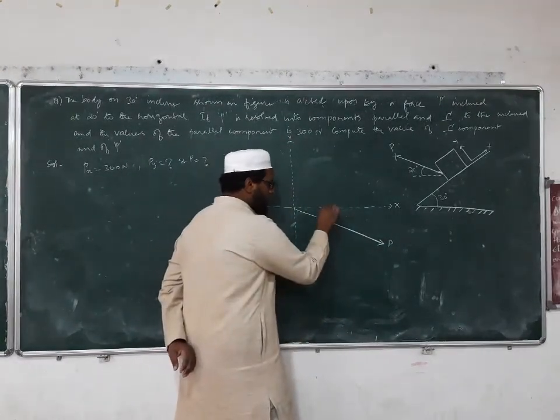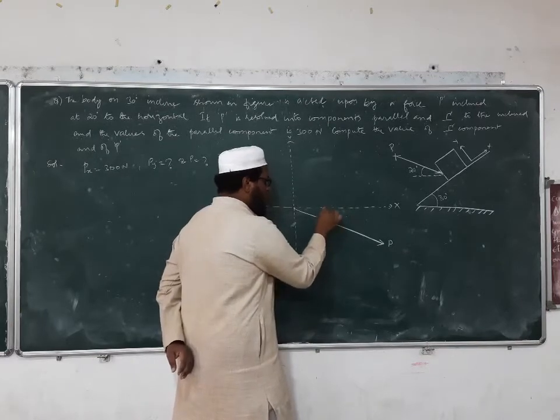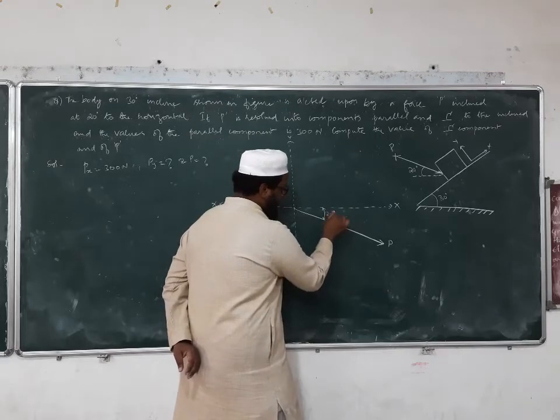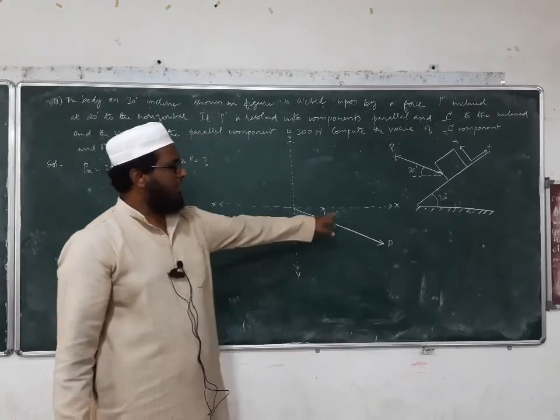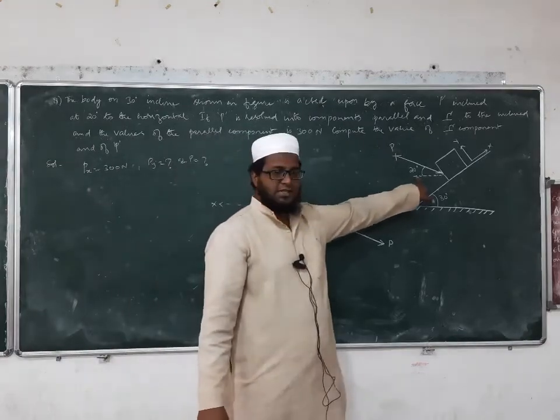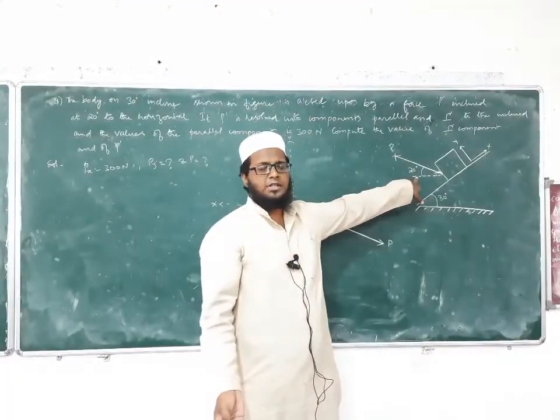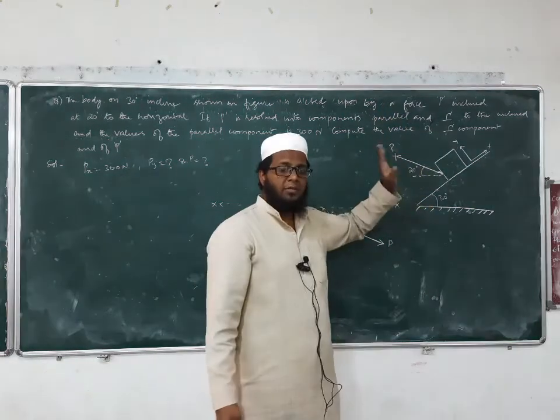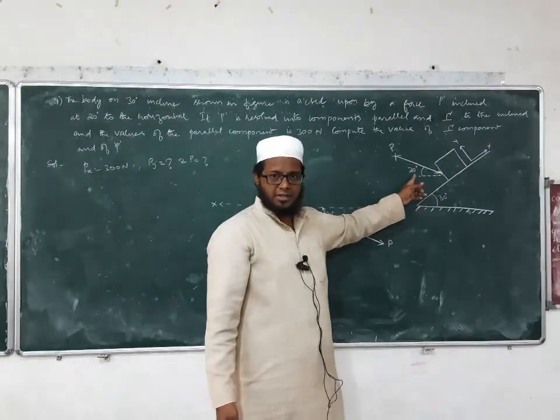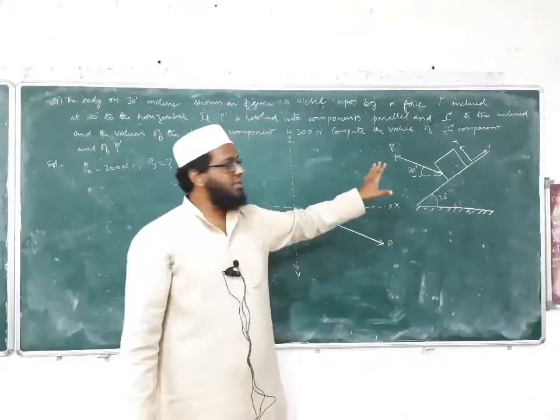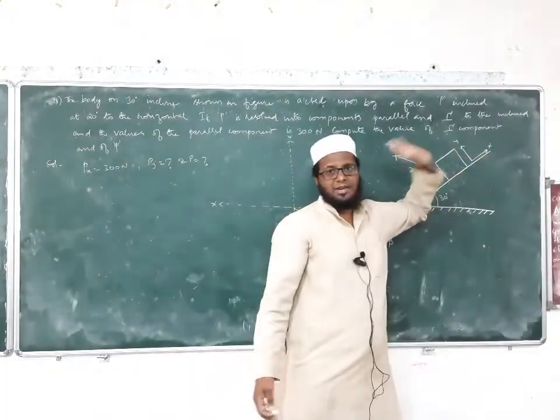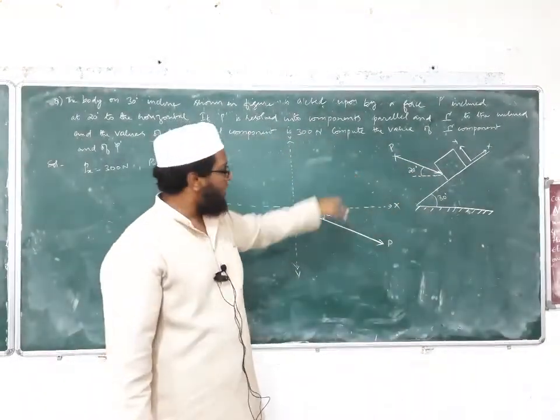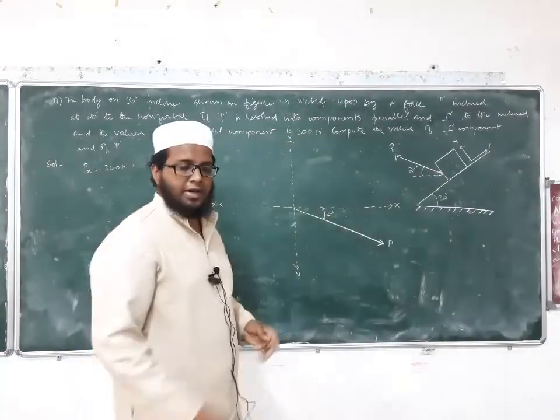And what is the inclination of this force? The inclination of this force is 20 degrees with our regular x and y axis. This is our x axis, isn't it? Horizontal line is nothing but the x axis. Vertical line is nothing but our y axis, the general x and y axis. Depending upon our general x and y axis, the angle is given to us. But we have to calculate components depending upon the given x and y axis. Okay. So I have drawn the force. Only one force is there. Now we will try to rotate our x and y axis.